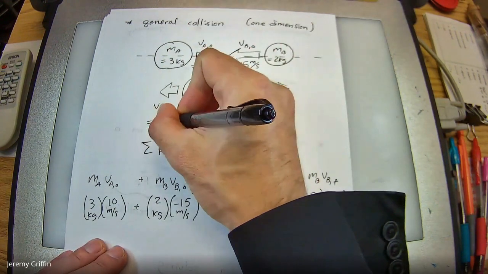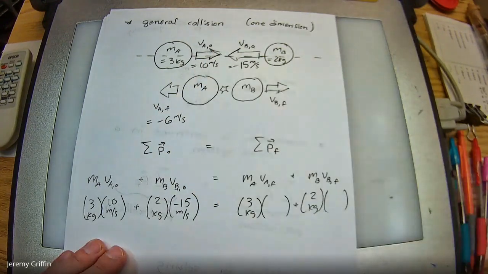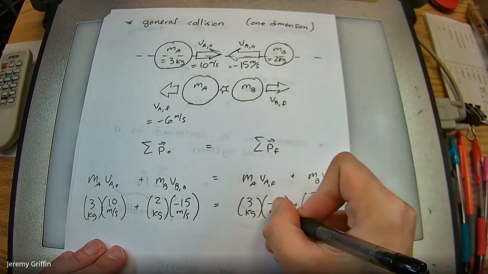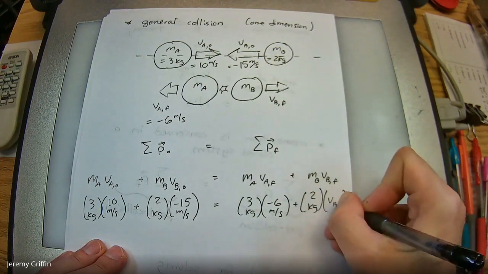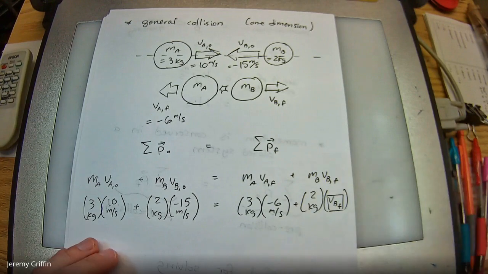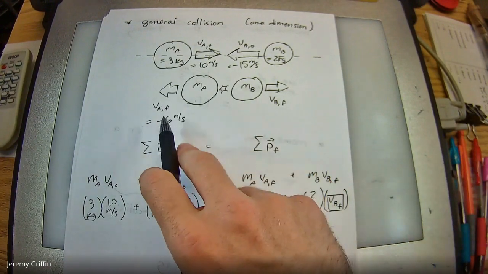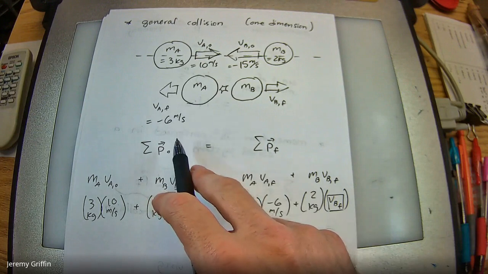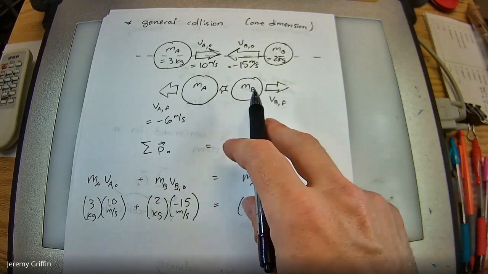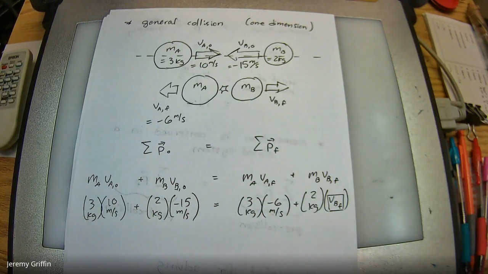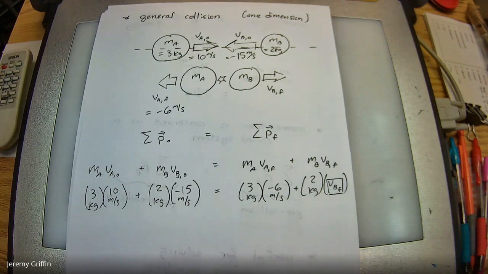I'll call this negative 6 meters per second. Okay, so now this actually is solvable, isn't it? Okay, VBF. We're going to figure out, see, once I've told you the rebound velocity of one of these, now it is locked in place, determinable exactly what the other has to be. Right, you guys see that? All right, so,